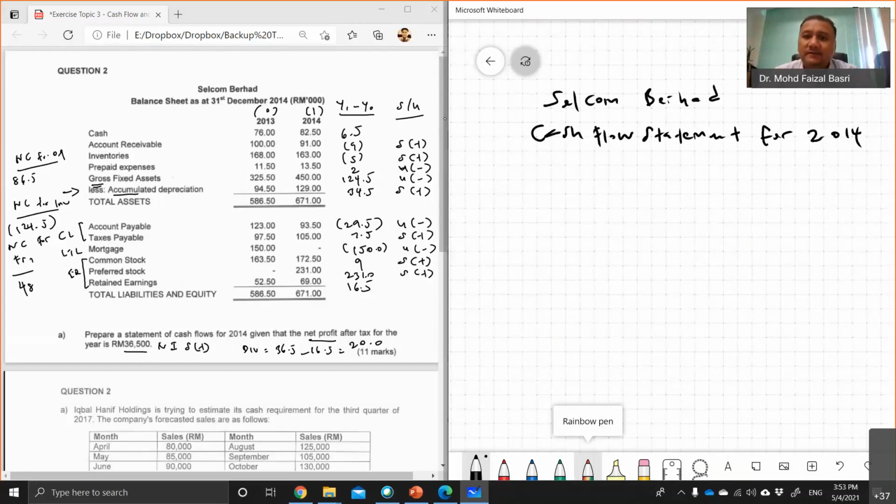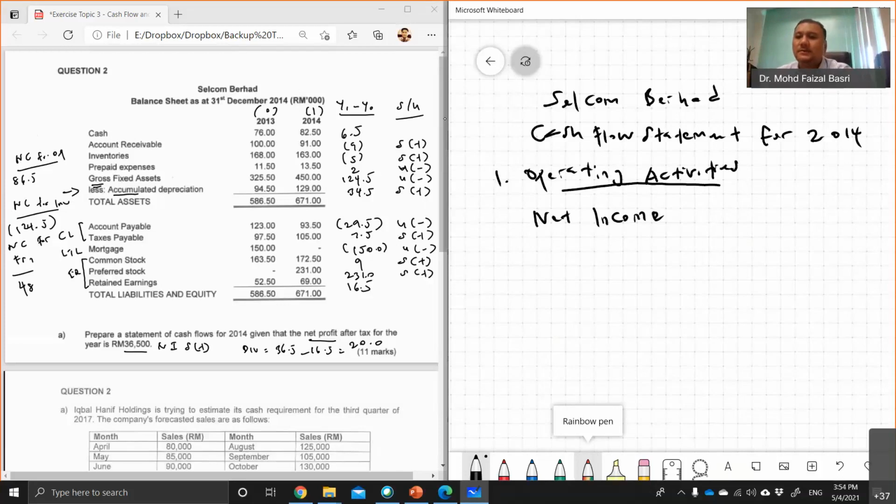Our first category would be operating activities. This is our first table, number one, operating activities. The first item under operating activities would be net income. It always starts with net income. So where do we get this information? From the information at the bottom. The net profit after tax, or the net income, is